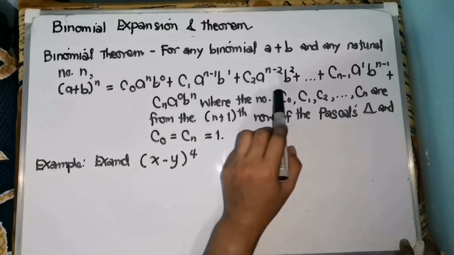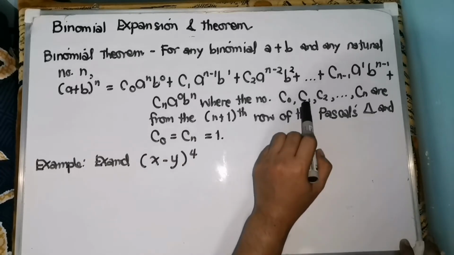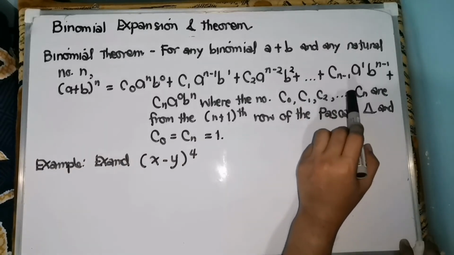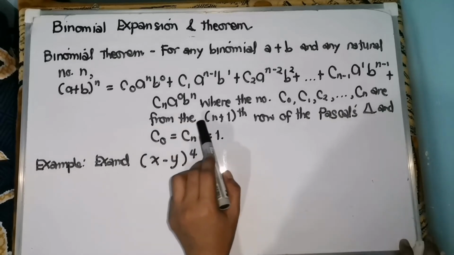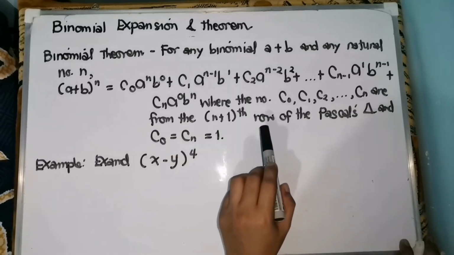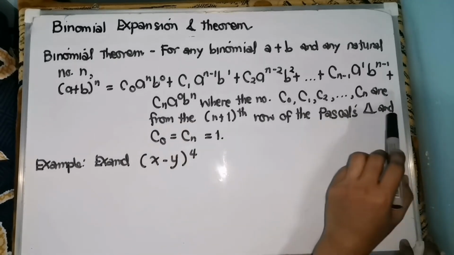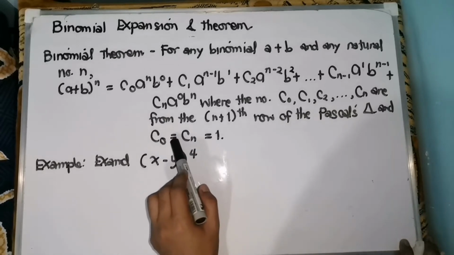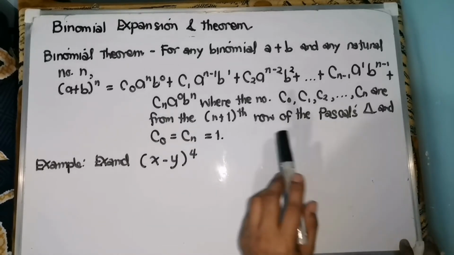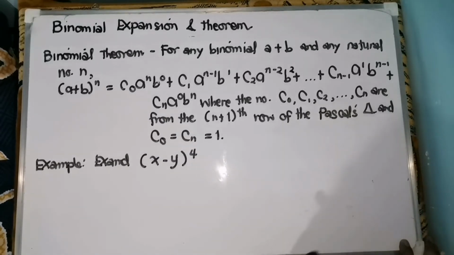Where the numbers c sub 0, c sub 1, and c sub 2, ellipsis, c sub n are from the n plus 1 row of the Pascal's triangle, and c sub 0 equals c sub n equals 1. So, kailangan lang natin maalala yung anong mga coefficients yung gagamitin natin. So, ngayon ay mag-solve na tayo ng